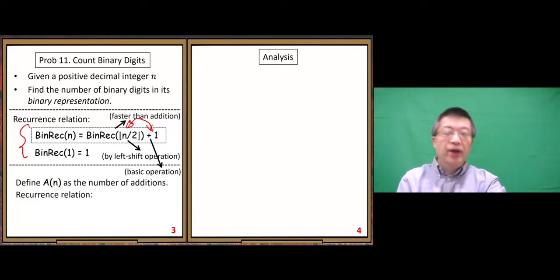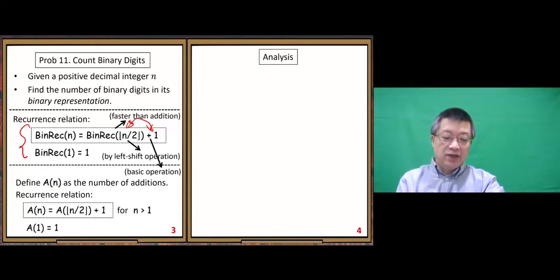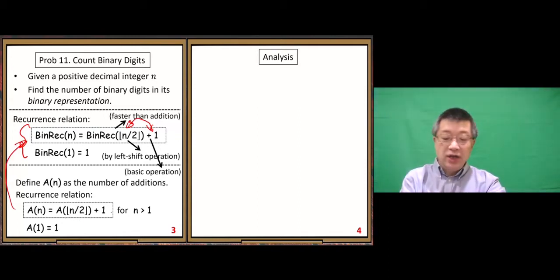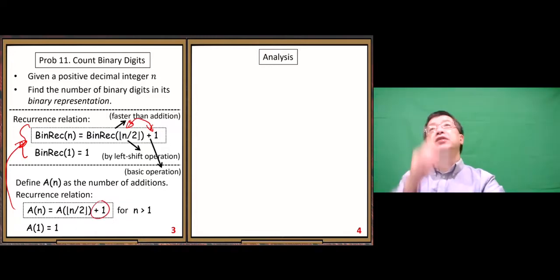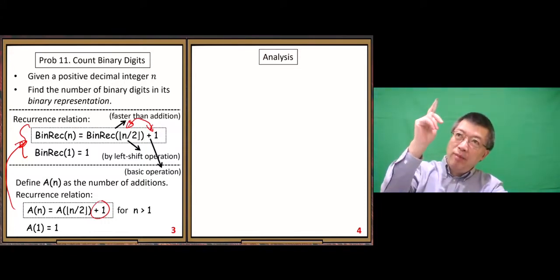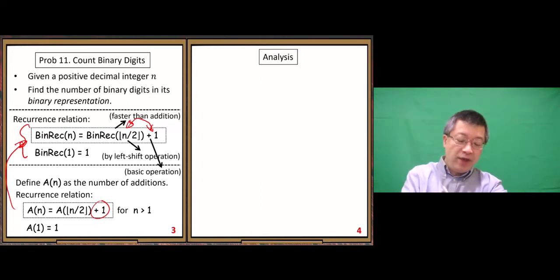In this way, we get a new recurrence relation, very close to the old one. Because when you reduce the problem size by half, you only need one more addition. You reduce the problem size, but you only add one more addition. For the base case,